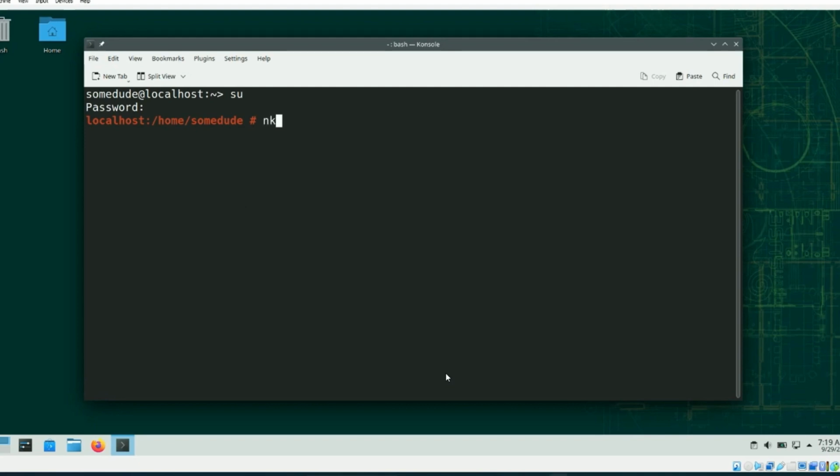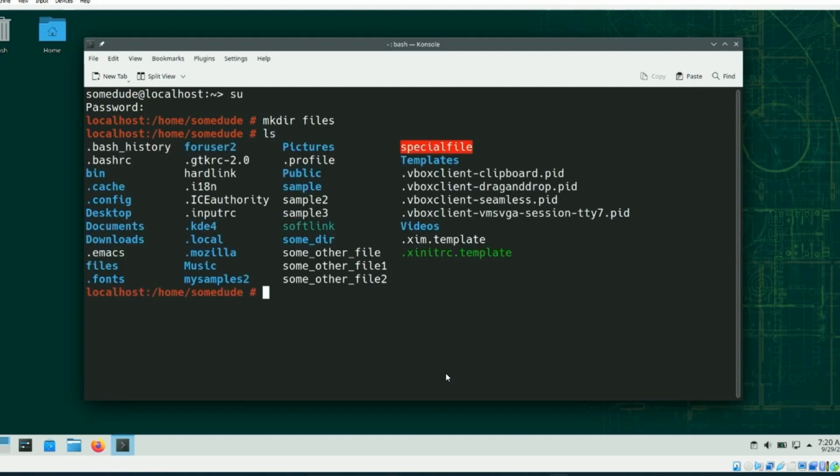So we're going to run mkdir files. And ls, and here we go, our files directory. We're going to change directory to files, cd files,